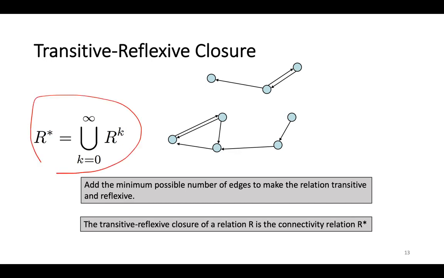the connectivity inside of that, so you can try to apply this transitive-reflexive closure. So which need to add minimum possible number of edges to make relation transitive and reflexive. This is about the connectivity relation R star. So it needs to be reflexive. We have to add